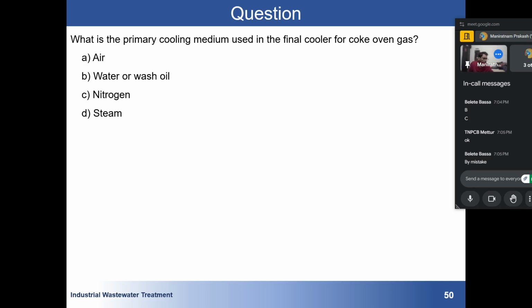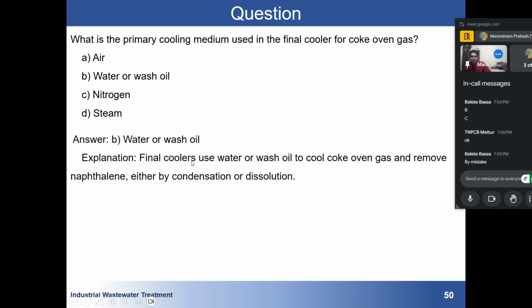Anyone? So water, obviously, because air has a different purpose, nitrogen has a different purpose, and steam is itself a heat source. How will it be used for cooling? Okay, now the final cooler uses water or wash oil to cool the gas and remove naphthalene either by condensation or